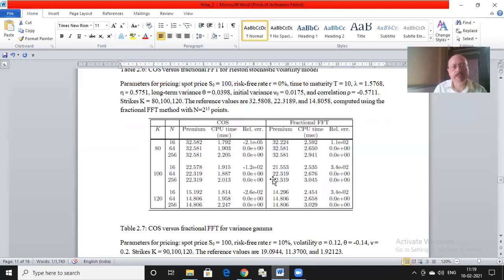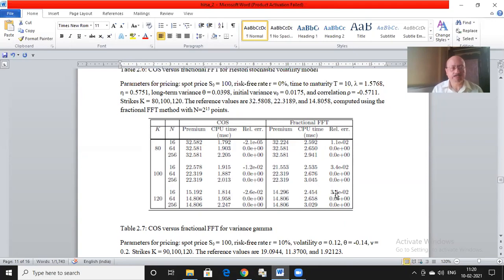So where is the advantage? The advantage is now still in the computation time, but again, this difference is not as great as for the geometric Brownian motion earlier, but it is unambiguously better. So correctness or error is more or less at the same level, but computational time is still less for the cosine method compared to the fractional FFT. Again, for all configurations,